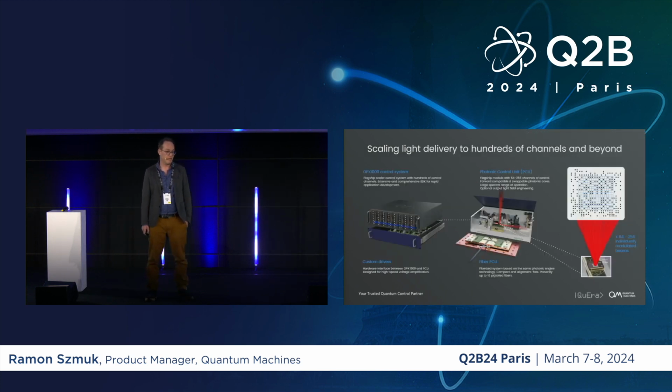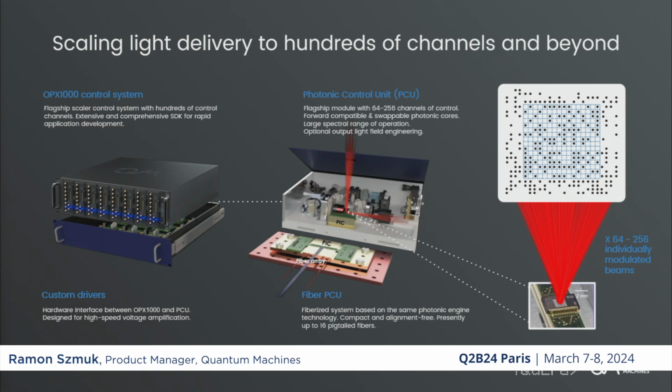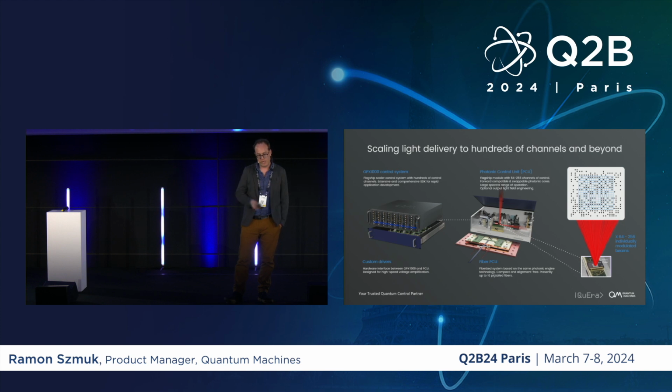And so we have partnered with QuEra to deliver an add-on to the OPX device, which is a photonic control unit, which at the heart has a silicon nitride photonic integrated circuit that hosts up to 256 modulators. This works from 400 nanometers up to 1500. You can choose your wavelength, you can choose the architecture, and then these modulators are each controlled by the OPX